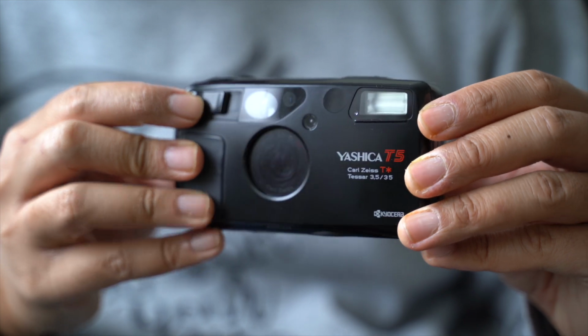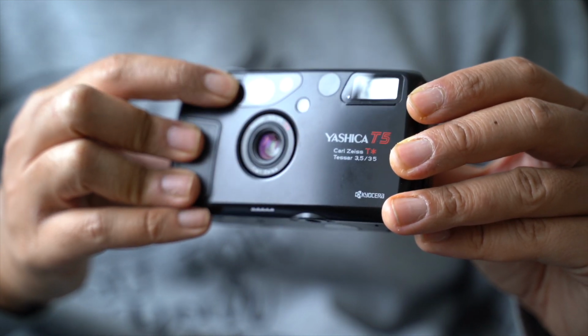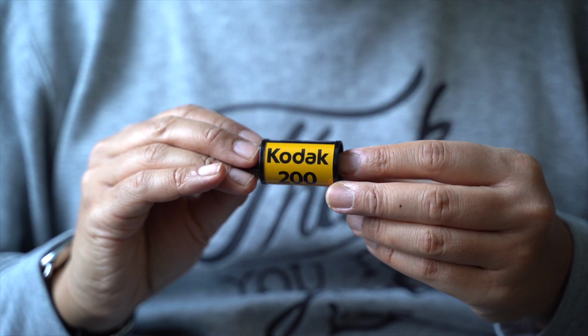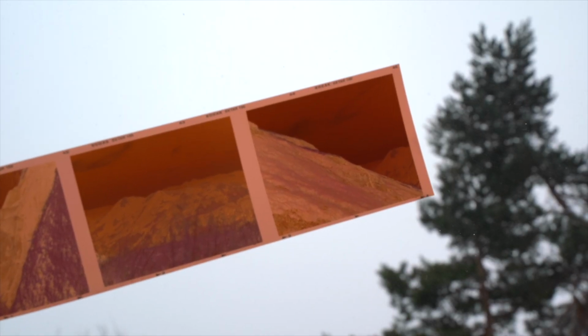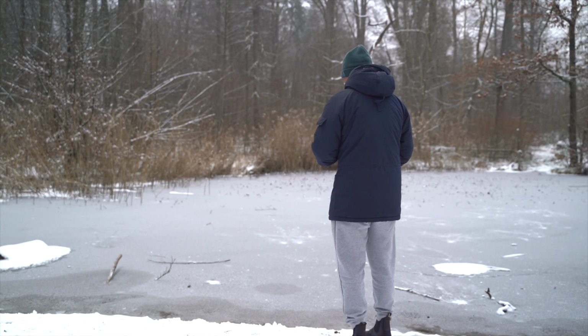Now, with those tips in your pocket, you're ready to kick open the door to your film photography journey. Remember, each roll of film is a new expedition, every click of the shutter a chance to tell a story. Film photography is a thrill ride filled with anticipation, surprises, and a huge sense of achievement. It's an awesome way to get back to the roots of photography, slow down a bit, and truly appreciate the